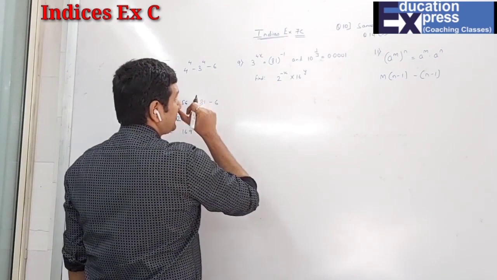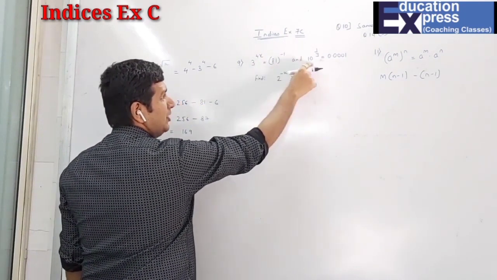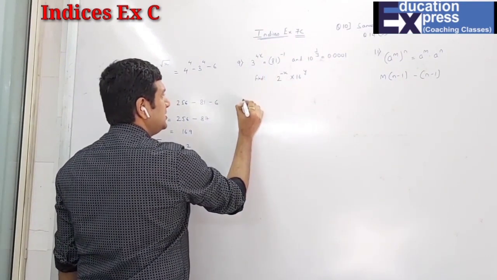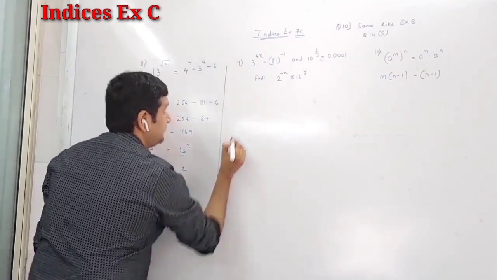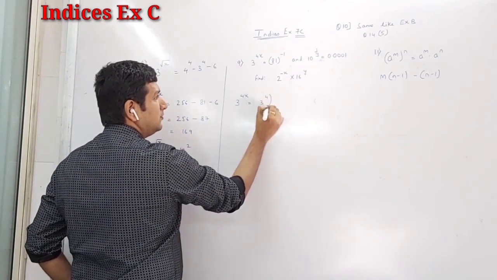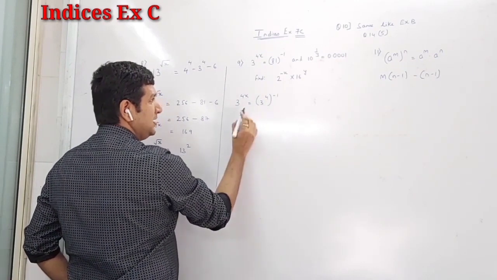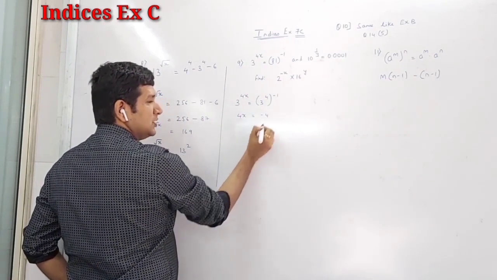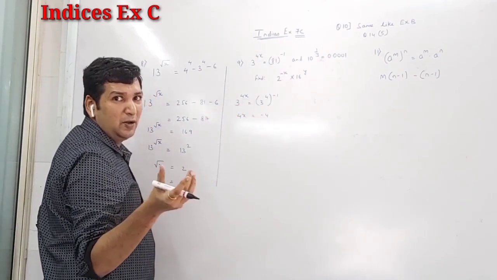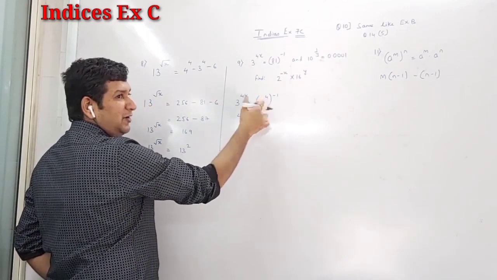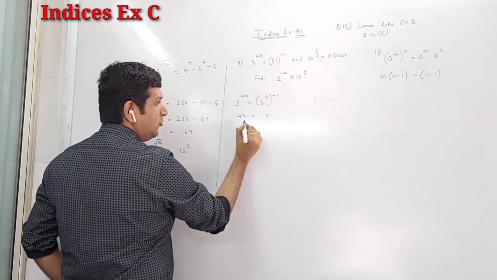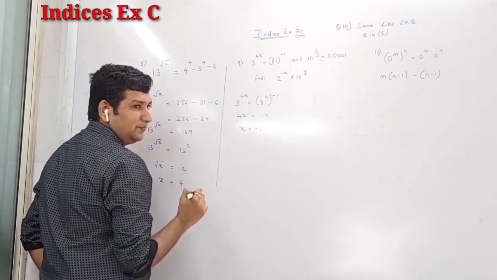Now here we have one value of x, one value of y, and then we have to find the value of this particular thing. So first you can just see 3 raised to 4x equals to 3 raised to 4 raised to minus 1. Bases are same. So 4x equals to minus 4. Here I am not taking a reciprocal because I want the bases to be the same, so it's already 3. So why will I change it? I'll keep it as it is only. So here bases are same, combine the powers, 4x minus 4, x is minus 1.